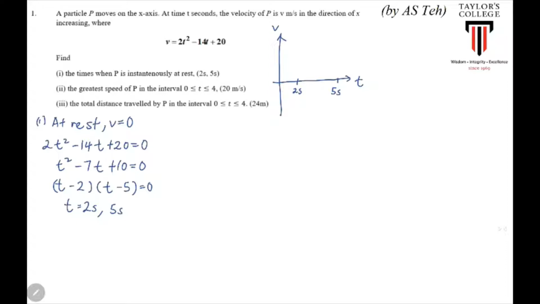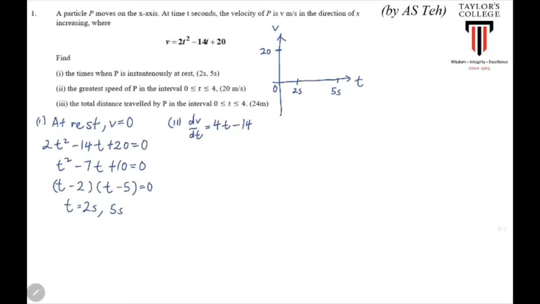One way we could test it is I could substitute the value of 0, and we know that the graph is going to intersect the value of when v equals 20. So evidently this is going to be a minimum quadratic graph. Or I can actually prove it. So what I can do is use my differential. Let me differentiate the velocity versus time. That would give us 4t minus 14,